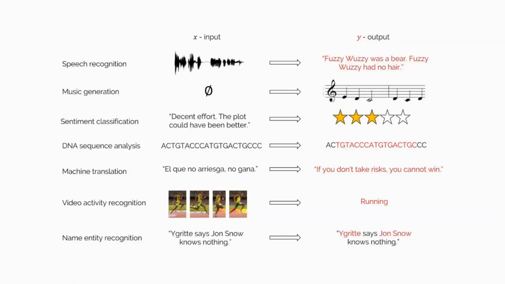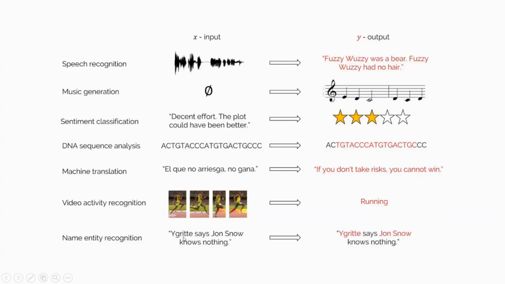So machine translation is like that. We communicate in one language and it gives output in another, understandable language. And video activity recognition: if you give some pictures, it identifies what the image is doing, the pattern, so the output comes as running, walking, or riding a bike, like that. Then named entity recognition, where we identify something in the sentence which is a name,